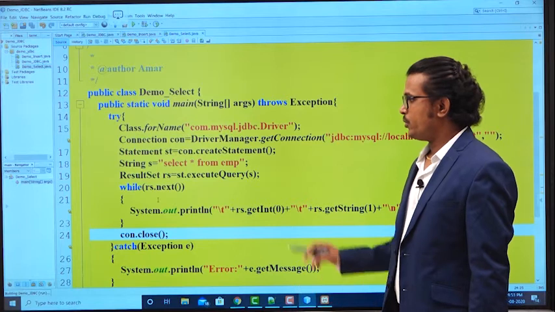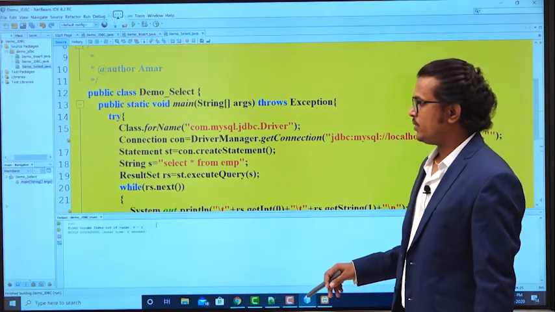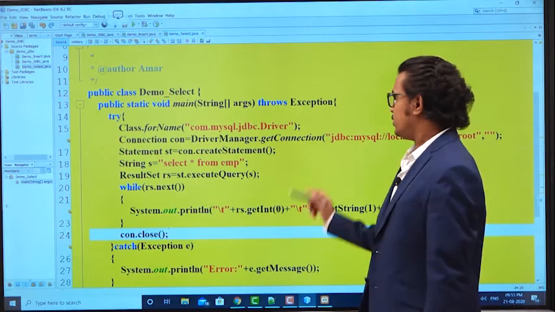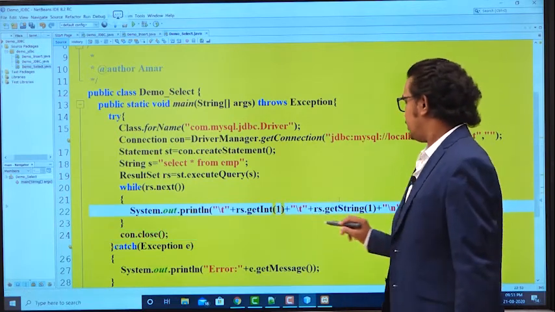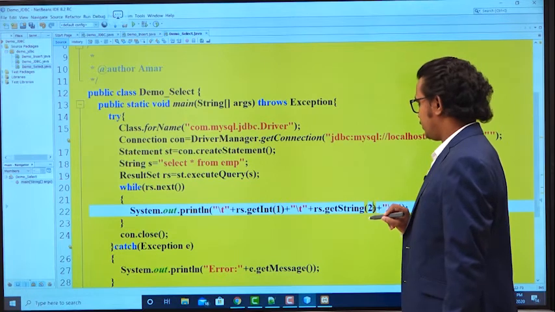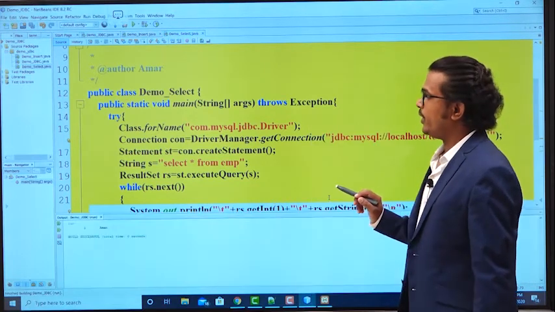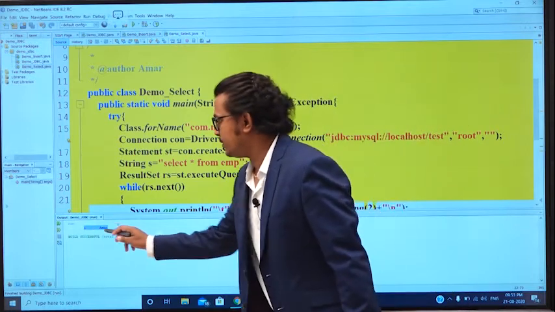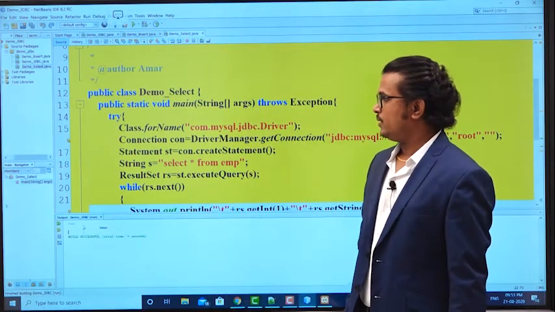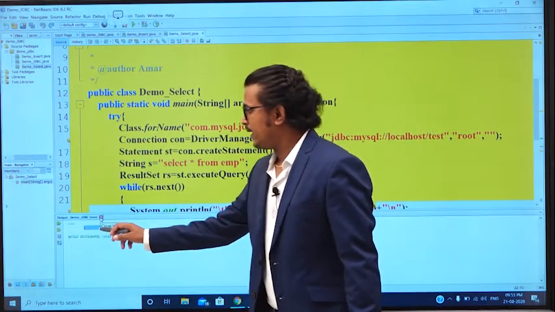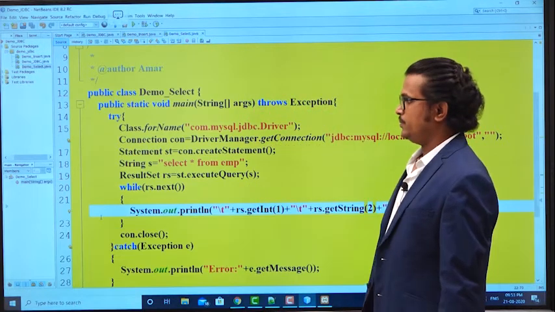Here the range will start from 1, not with 0. So here you have to change to 1 and 2. Clear? Now execute your file, and this is your information. Whatever information is available in your table, I am displaying here.